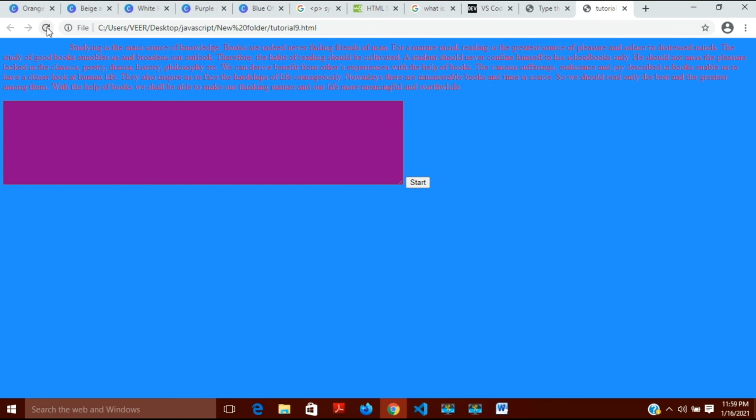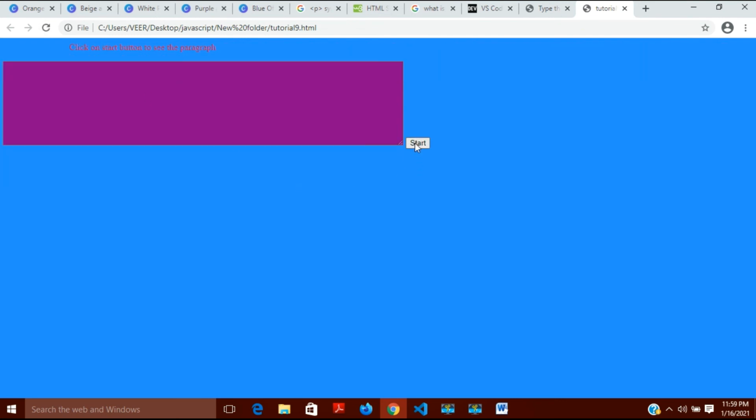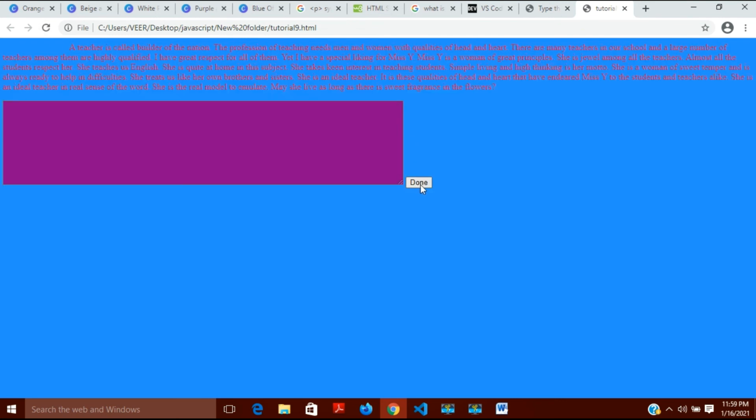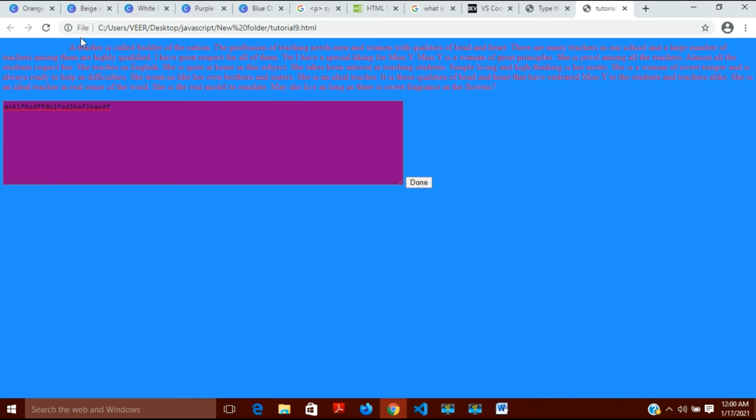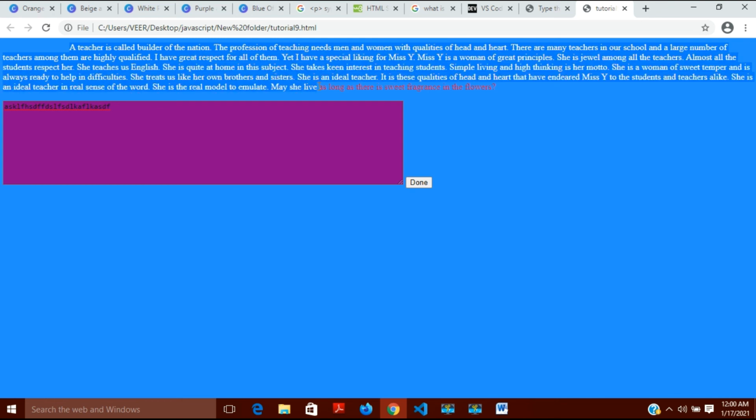Now you can see if I click on start, it gets converted into done. But after it gets done, it should do something else also. You can see I am able to type here, but after it becomes done, nothing else is happening. It is again converting into something else, and a new paragraph is coming here.